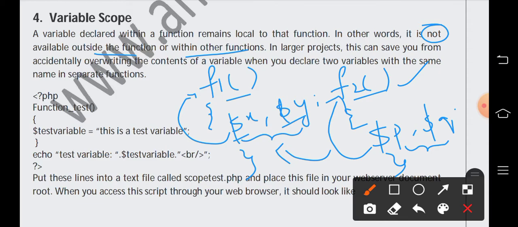We have two functions here, f1 and f2. Each function has some variables, and these variables remain local, so they are known as local variables. We cannot use x and y in f2, and similarly we cannot use p and q in f1. When we declare these variables in f1 and the function has been executed, after executing, these variables will be destroyed, and they cannot be accessed outside of these functions.